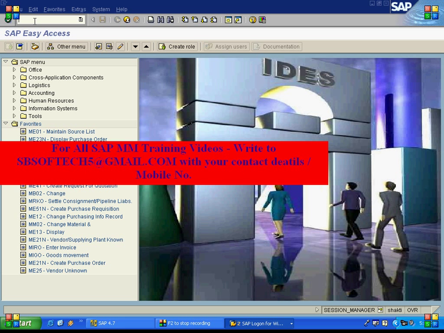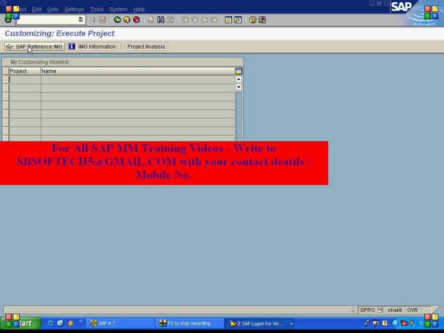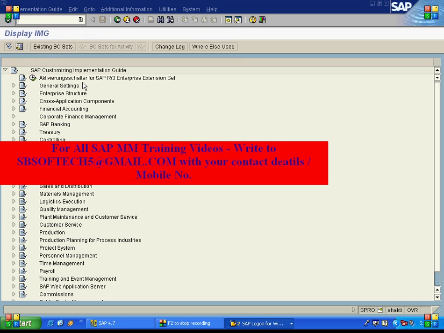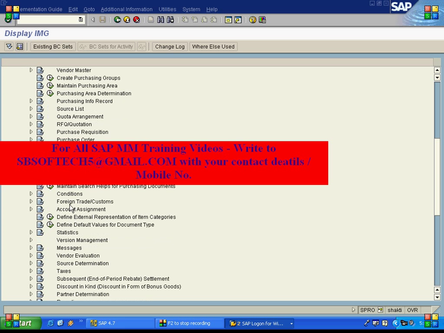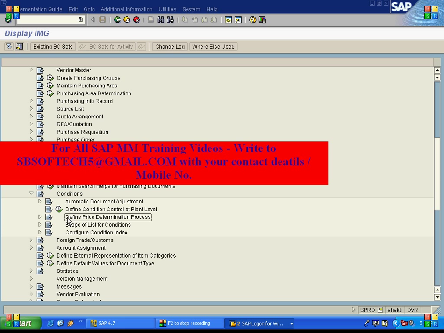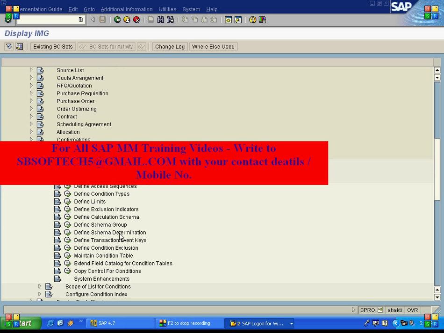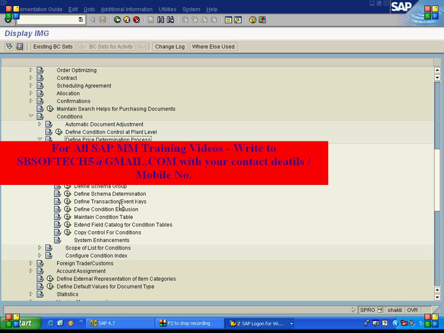This pricing procedure is configured in transaction SPRO, which is the customizing transaction. Click on this SAP Reference IMG, and in that select Materials Management, click on Purchasing, and in that Conditions, Define Price Determination Process. So for the pricing procedure, as we have seen, the condition table is the basis